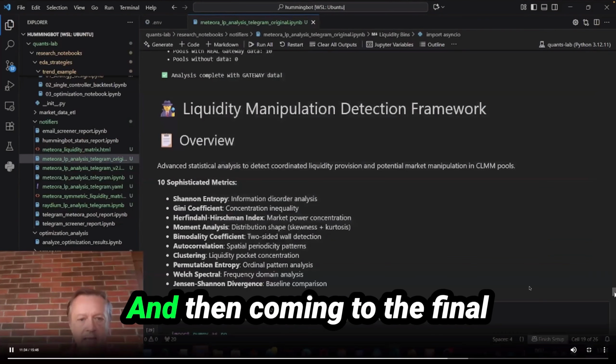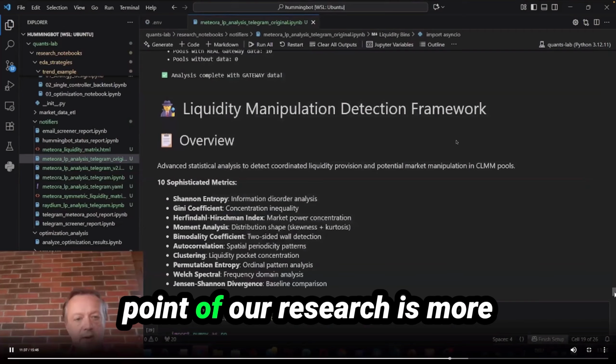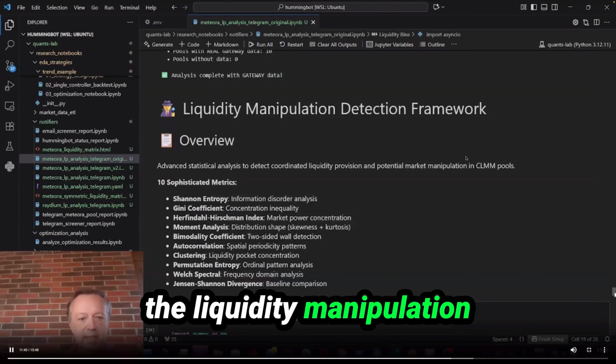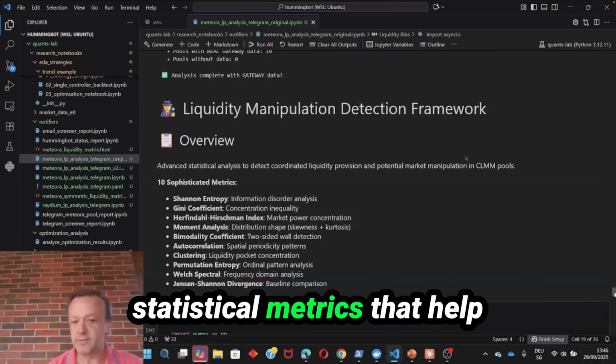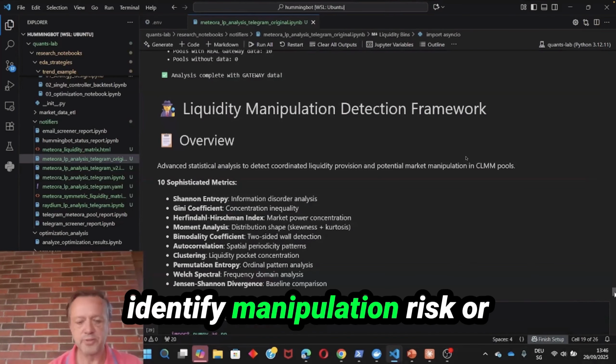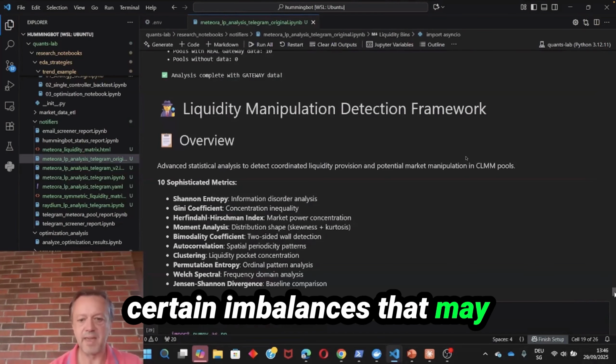This is going to help you see where liquidity is currently sitting and where market makers are mostly active. Then, coming to the final point of our research, is the liquidity manipulation detection framework. Here, the notebook uses 10 statistical metrics that help identify manipulation risk or certain imbalances that may exist in the pool of